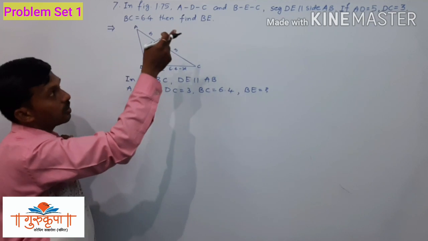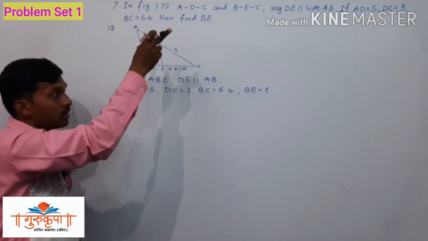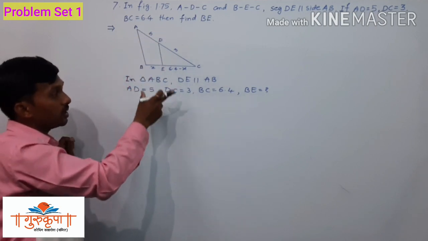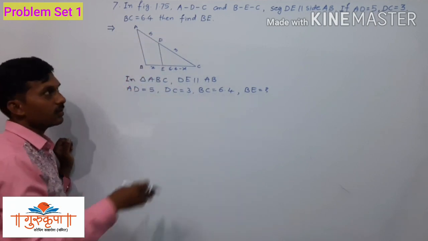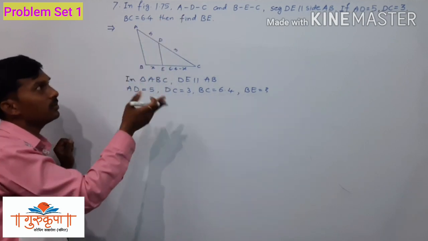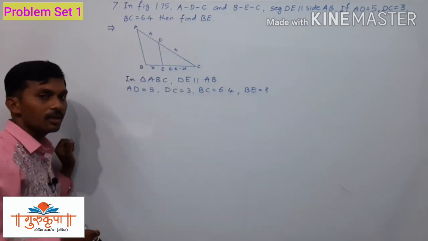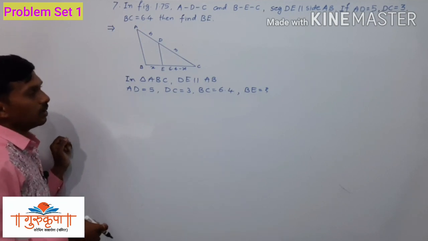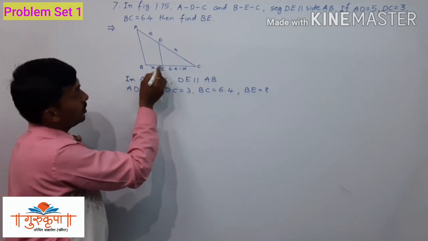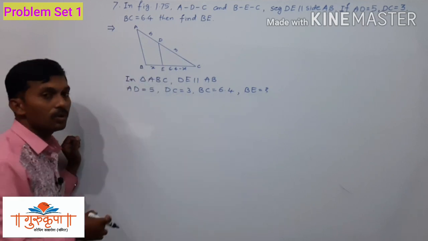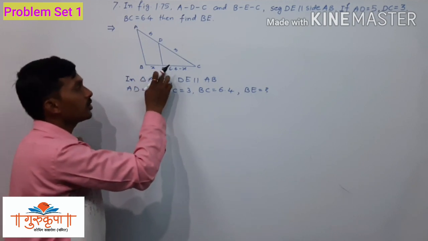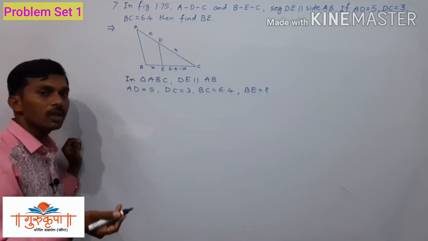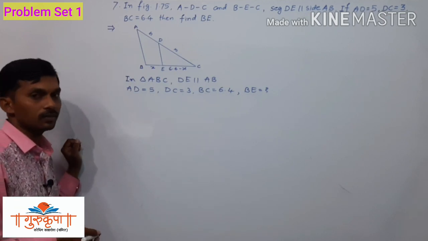We have been given the relation of betweenness, but that is not much necessary to write here. If you do not write that relation of betweenness here, you will not get fewer marks. Or we can write that part also here: D is in between A and C, and E is in between B and C. But that is not that important to write here. Now, first of all, we have to consider that BE is equal to X. So by using this relation, E is in between B and C, we will find EC, and then we will use the basic proportionality theorem.